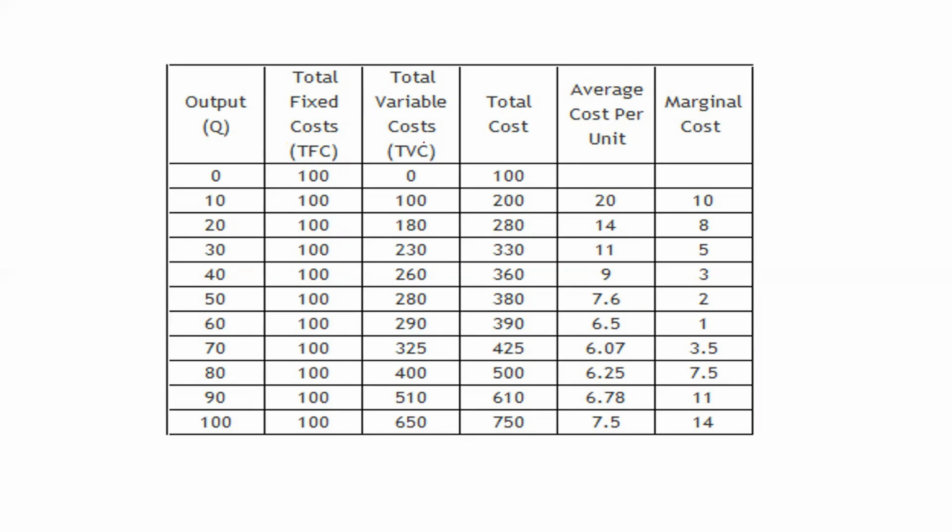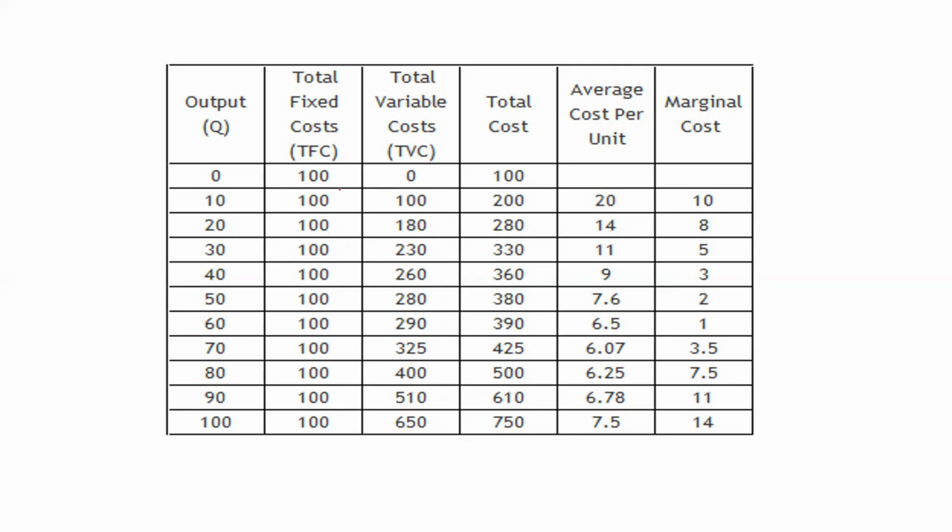And after that, we have to understand regarding total variable cost. When output is 0, then total variable cost shall be 0. And as the output is increasing, the total variable cost shall also increase. Okay, so here you can see that this is increasing 100, 120, 230, 260. So all these rows, this specific column is representing the values of total variable cost at different